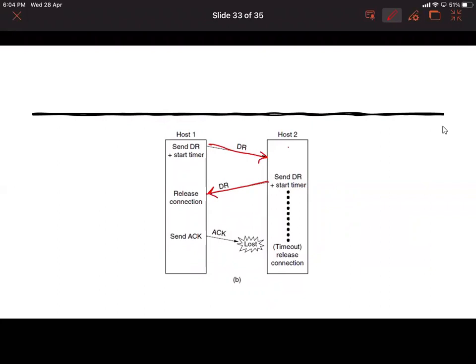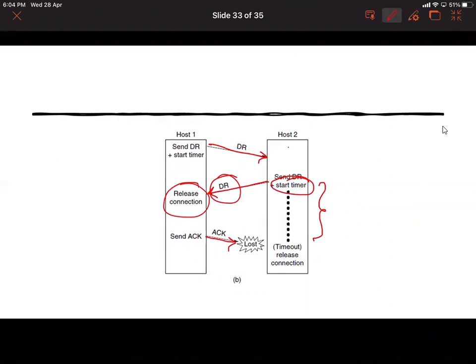Host 1 sends the acknowledgement for this data disconnection request, and it releases the connection. But this acknowledgement gets lost. So what happens? Host 2 will keep on waiting till the timer times out. So when you get a timeout, then the connection is released.